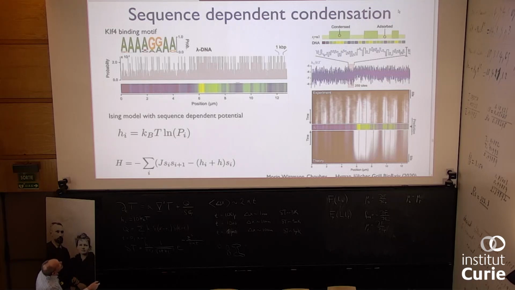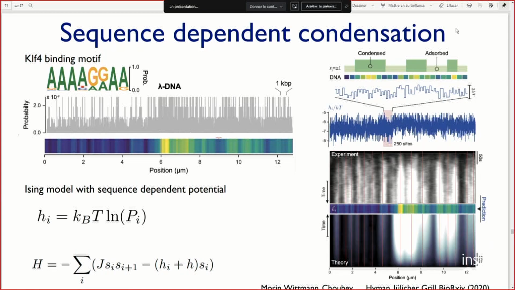And on the right-hand side, you see a comparison of such a model. The upper image is the distribution of condensates in many experiments on this lambda DNA, and it gives a pattern which comes from the sequence. The lower image is a realization of many of the statistics of an Ising model with a field that is modulated by sequence as taken from the DNA. So we have here a condensation phenomenon that is helped by the binding to the DNA and is organized with the help of the sequence,